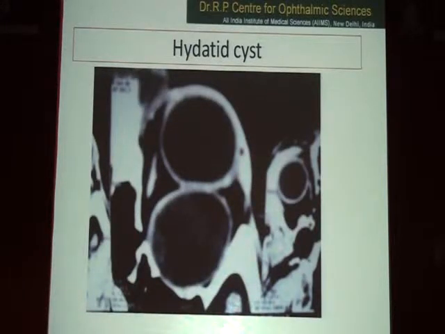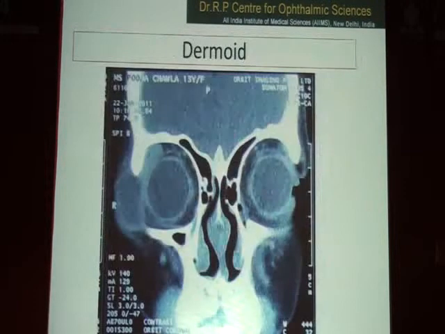Then the inherited cyst over here. As you can see, in our country it is not very uncommon to see these kinds of pictures on CT where you have one globe and you feel there is another globe behind that, but actually it is a case of inherited cyst. You can see this giant cyst just behind the globe, and this is also almost a giveaway on imaging.